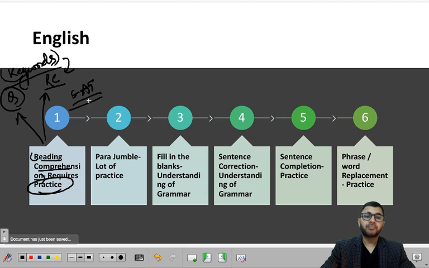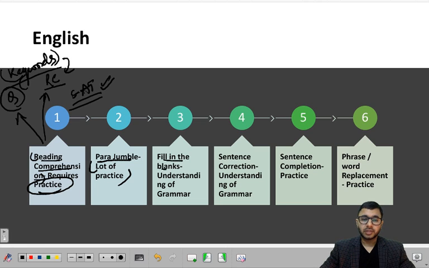It does not matter what kind of reading comprehension you are practicing, the length matters, because the quality or the variation with respect to type of question will be a lot in subsequent examinations of RBI or any other banking exam. But the length decides to a great extent what kind of question it is. Okay. Parajumble needs a lot of practice. There are some tricks that you can cover. Again, you will find these online itself.